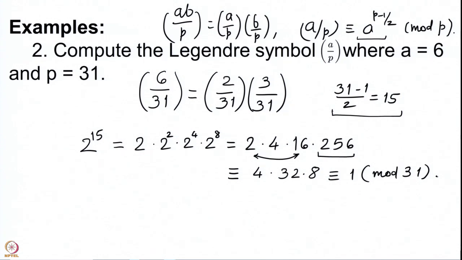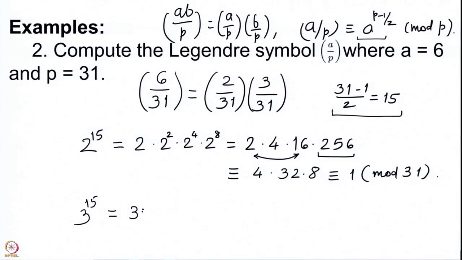So, 2 is actually a square modulo 31. You can also think of it in the following way: when you compute the square of 8, that is 64, and 64 is 2 modulo 31, because 62 is a multiple of 31. You remove that from 64 and you get the number to be 2. So, 2 is a square modulo 31, and the Legendre symbol for 2 by 31 is indeed 1. Now, we need to compute the Legendre symbol for 3.